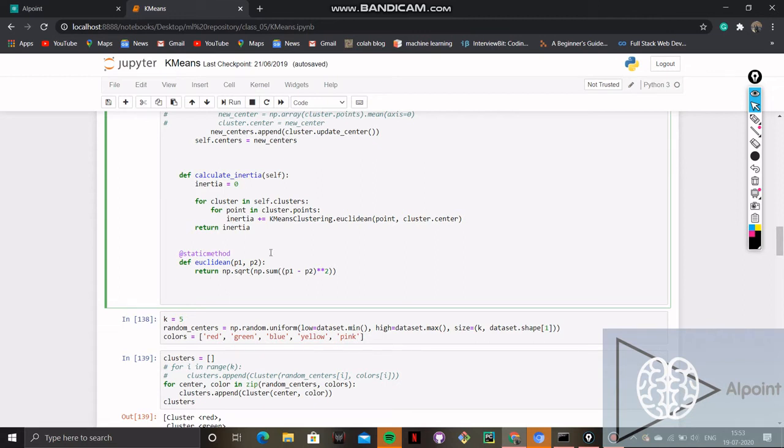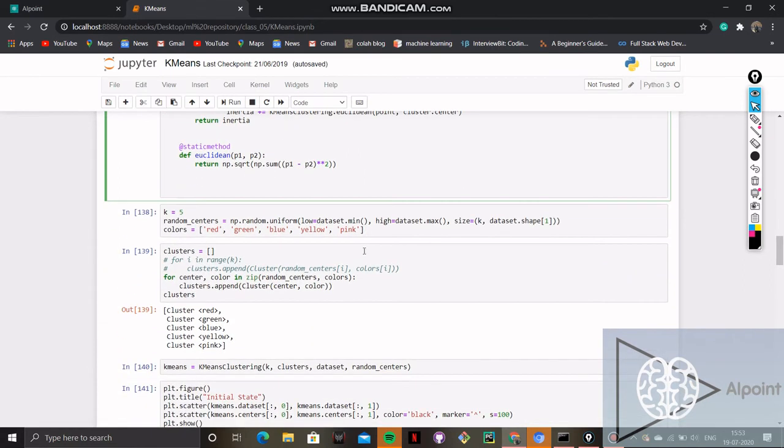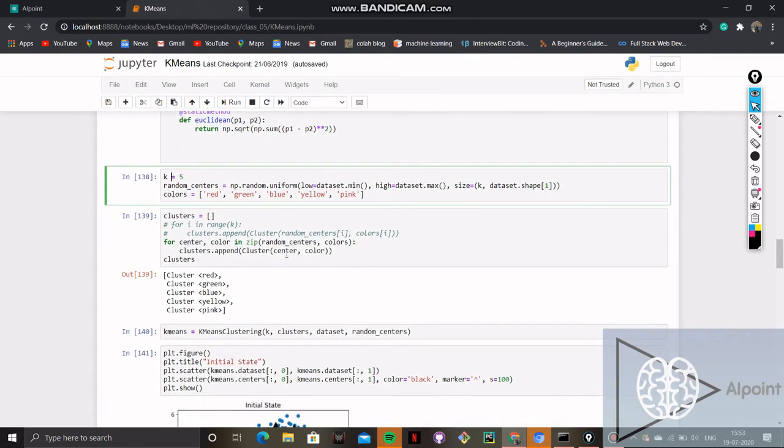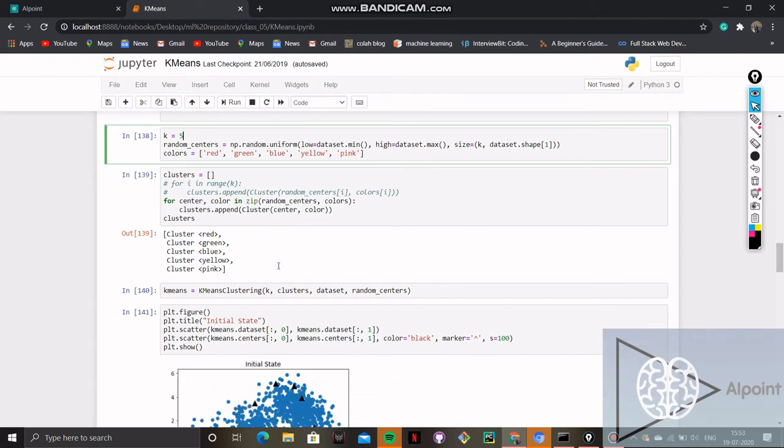In this case we have taken k equal to 5, so we have to see 5 clusters. We can always change this number, and we have to be very precise to get the correct accuracy.